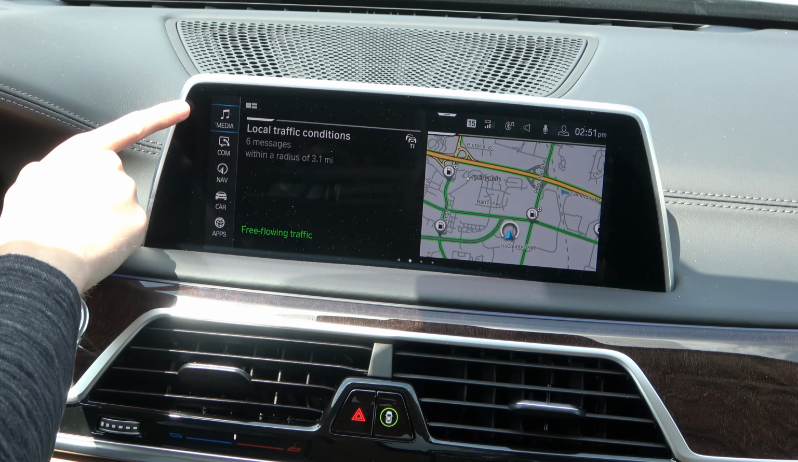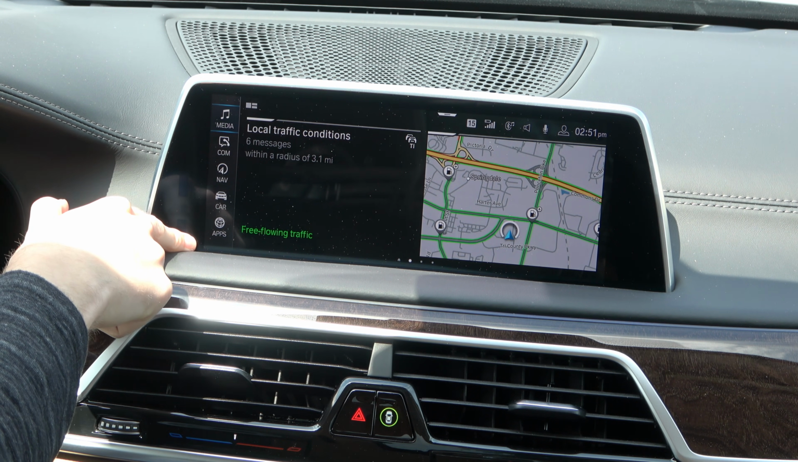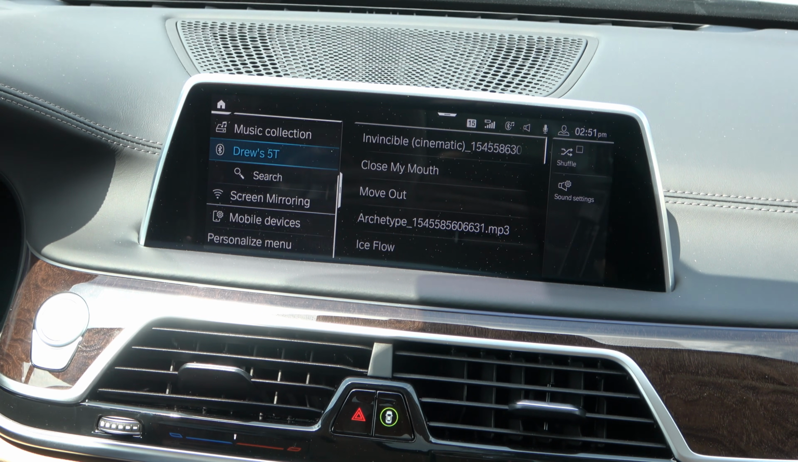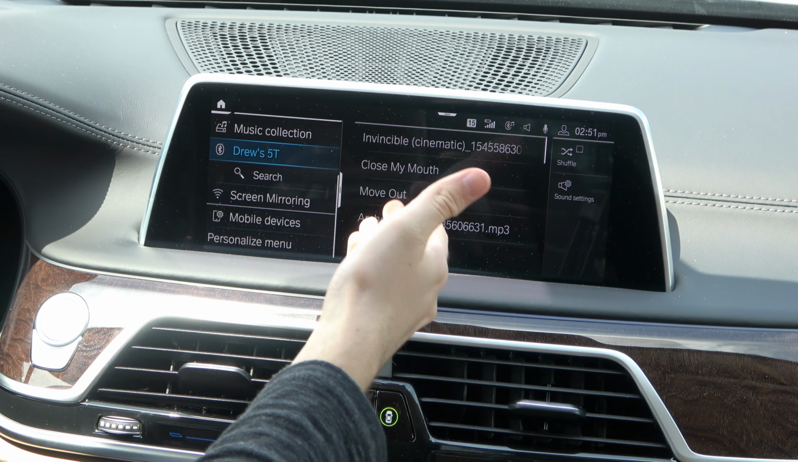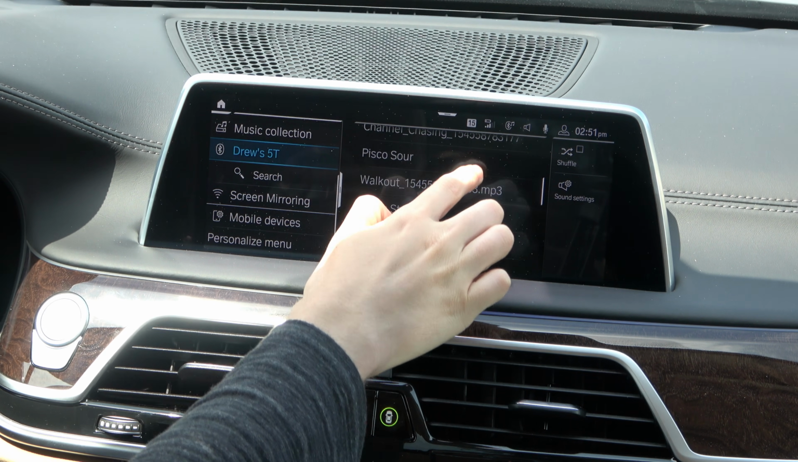Now moving beyond that, you have several shortcut buttons down here on the side. This represents the main sections of the iDrive system. So we'll start out in media. Here in media, of course, is where all of your things pertaining to audio are. So right now I'm connected to the standard Bluetooth, and I can see my entire queue and select songs straight